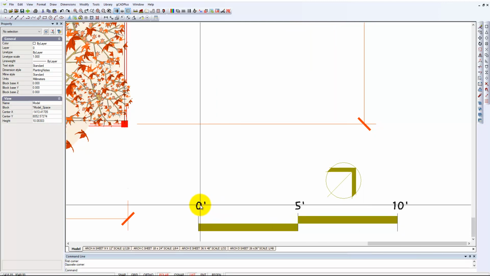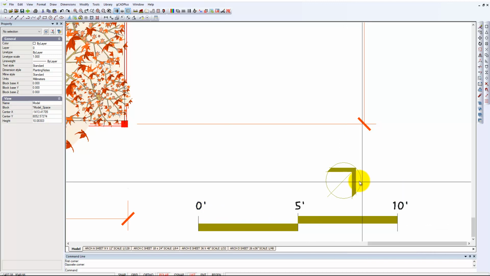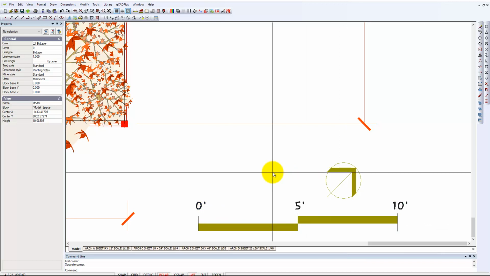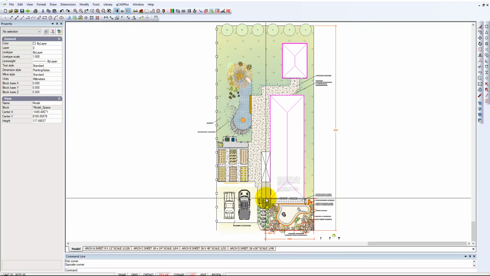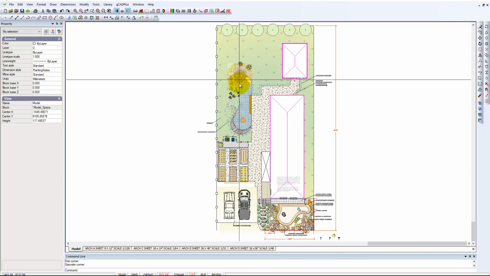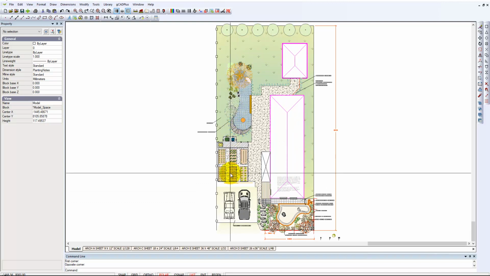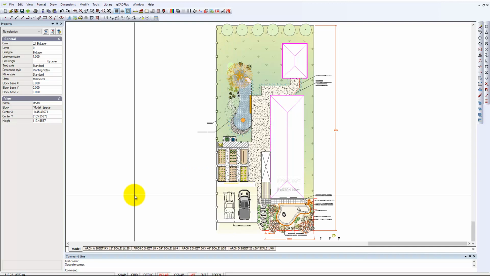So it is a 1 to 10 foot scale bar. The principles that we're dealing with here are the same wherever you're working in the imperial set of units, which we are here, or in the metric world. So let's zoom extents. So here's our complete design, the house and a shed and so on, vegetable garden and so on. If I plot that drawing on an architectural A size sheet, that's very small, 9 by 12 inches,